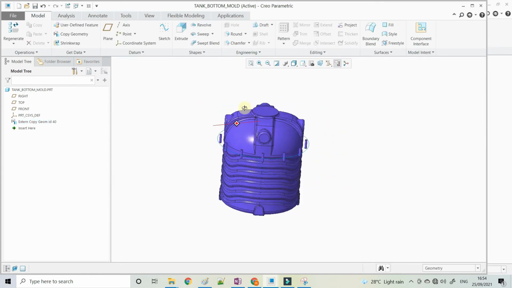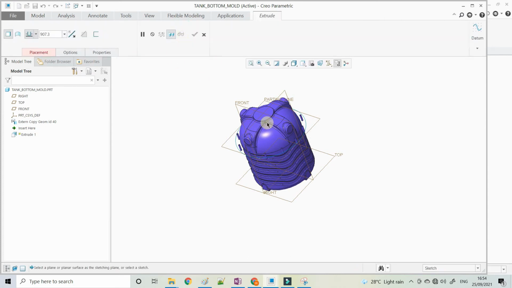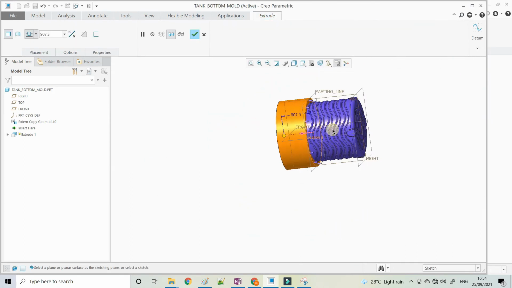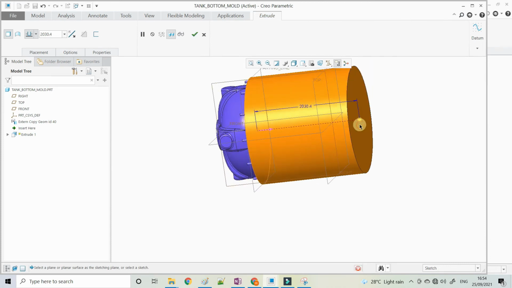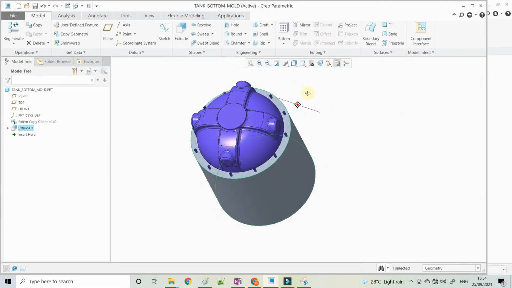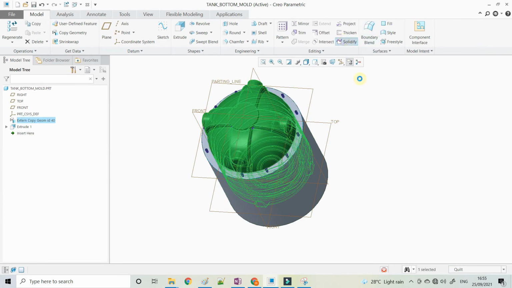Now the same procedure we have to follow to create the block, but for the bottom side. Select the parting plane and sketch. Project the sketch. So now you understood how we have already created the curve, parting plane and the hole surfaces in the model, because these are the common things, that is, the hole surface is common, the sketch is common.